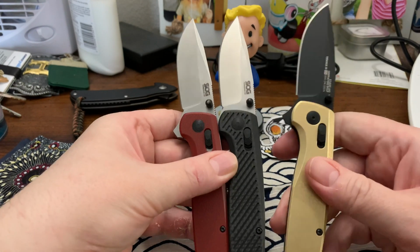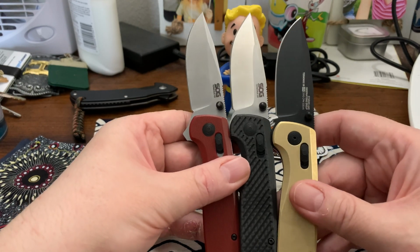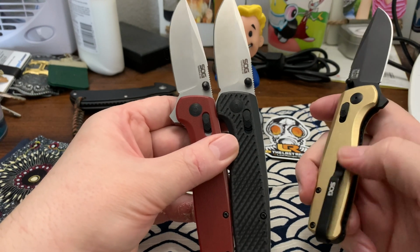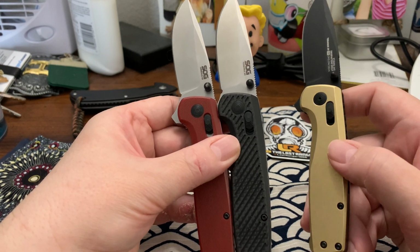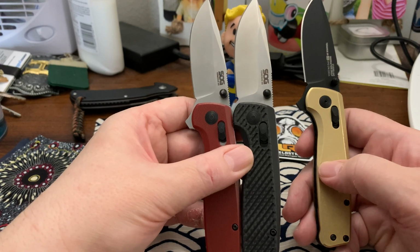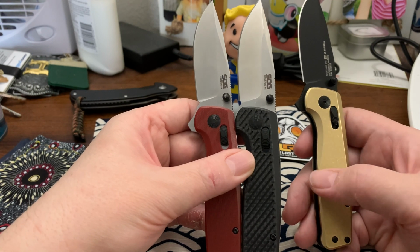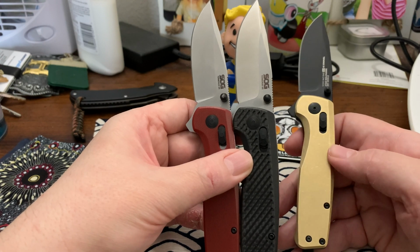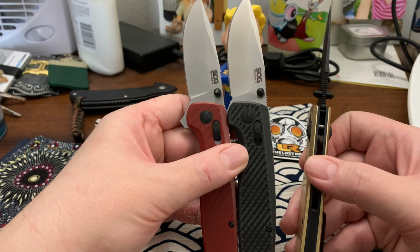middle one, so I won't do a knife review again. I just wanted to show you the knife and some of the differences: a new clip redesign, a new liner redesign, and this being a copper or brass version of the handles. Polished brass handles on knives from the old days tarnish really bad. But this doesn't look like it will tarnish. I mean, it will tarnish eventually, but it doesn't look like it will tarnish as quickly as